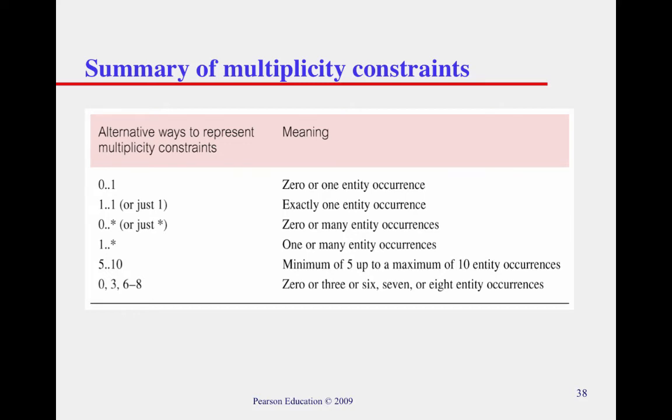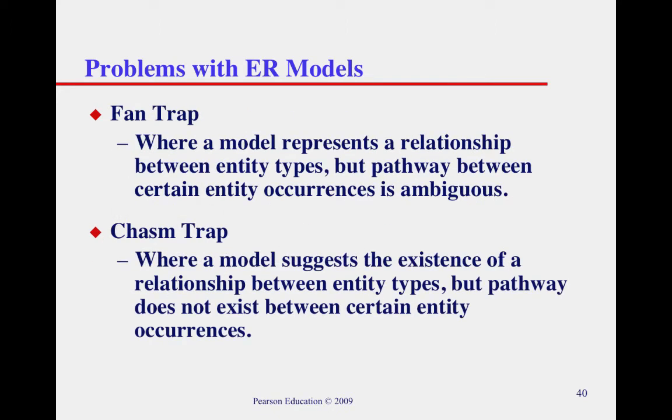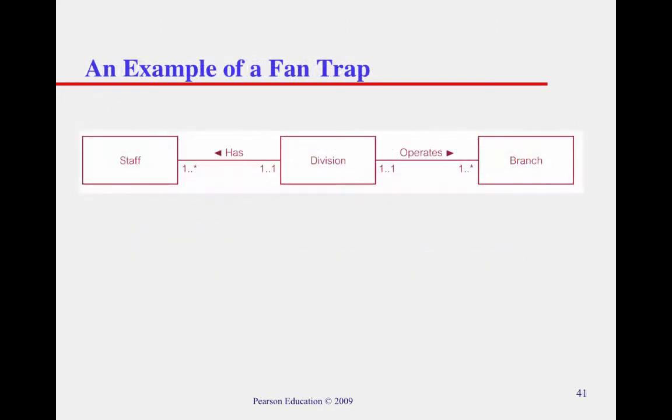So I'm going to skip over that slide. There are 2 common problems that you can create with an entity relationship model, and they're called connection traps. They often result in either a misinterpretation or a misrepresentation of certain relationships. The 2 main types are so-called fan traps and chasm traps. Actually, I will come back to the slide and I'll first illustrate it. So fan traps